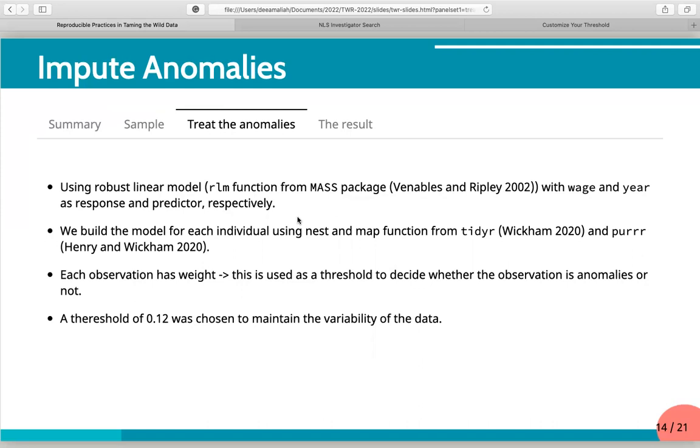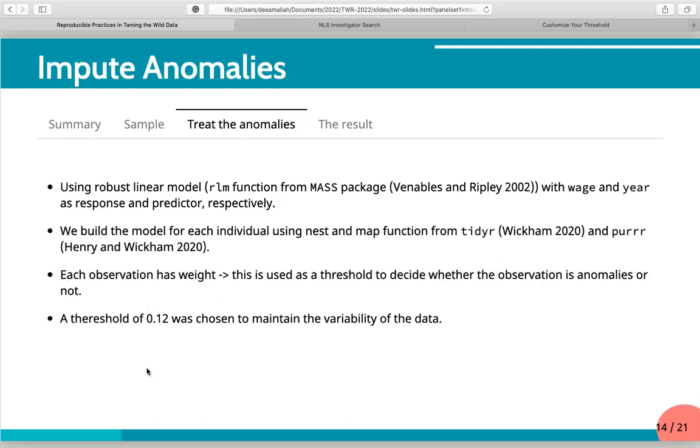Each observation from this model will have a weight, and this weight is used to create a threshold to decide whether the observation is anomalous or not. And we decided the threshold is 0.12.